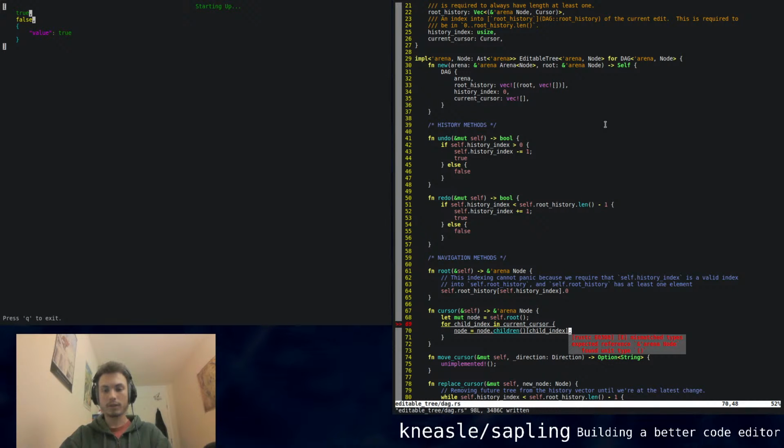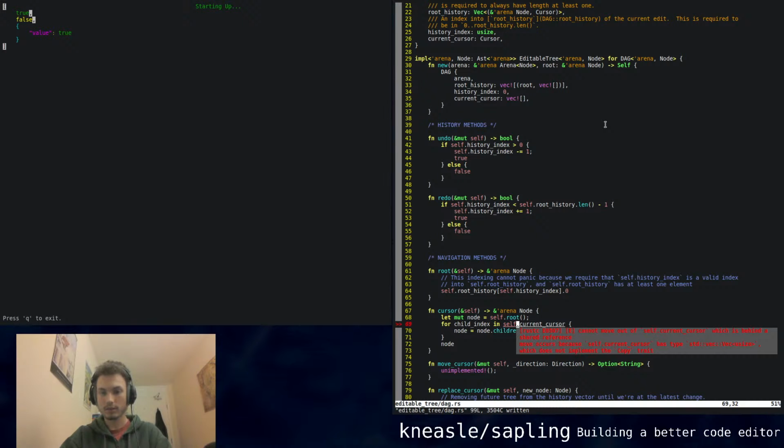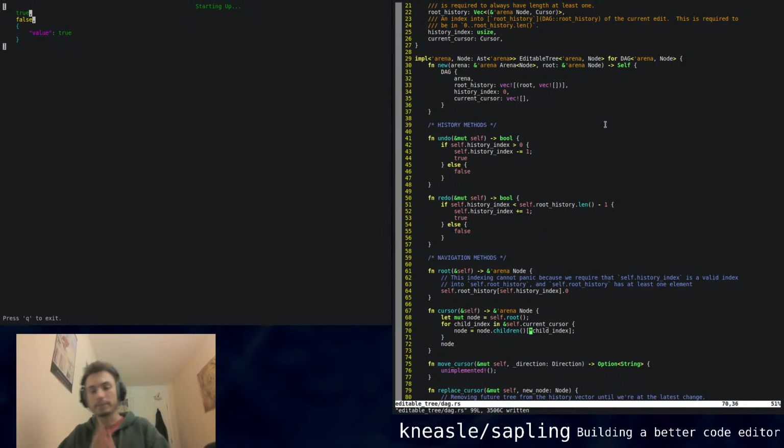But let's fix it. Oh, it's self.current cursor. Can we do this? Okay, we need to do this. Does that work? Okay. So I think just doing an index here is not great,